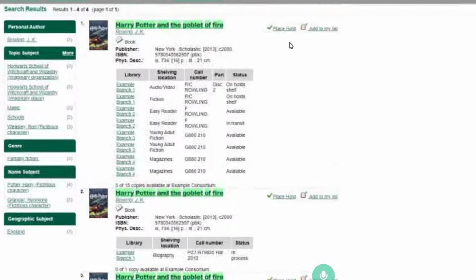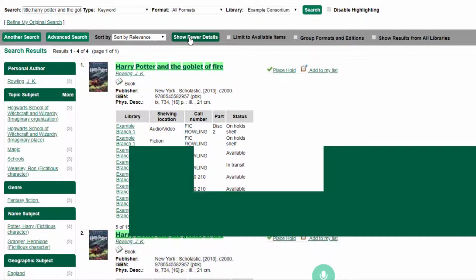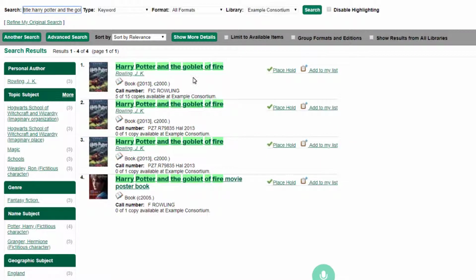And you have the options here to place a hold and add to my list. And we're going to come back to these features later on. But if I know that this is what I want to place a hold on, I can just go ahead and do that right here. And then if I didn't want to see all of this stuff, I could come back up to this button and click on show fewer details. And that will close up all that information. And then we just get this more simplified list of things